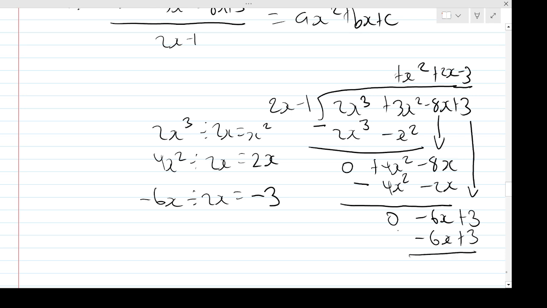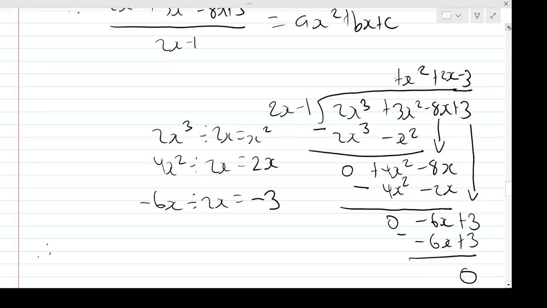And so then if I take away the top and the bottom, that's minus 6x minus minus 6x, so add it, you get 0x. And then 3 take away 3 is 0 again. So overall, I get 0, and that is my remainder. Okay. Therefore, my